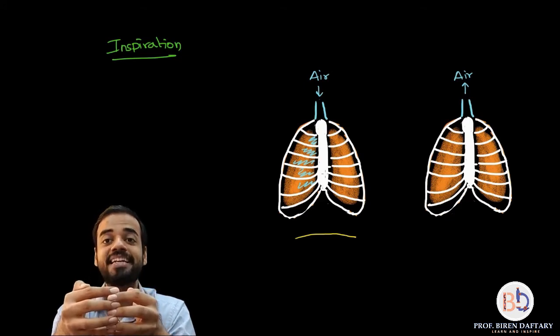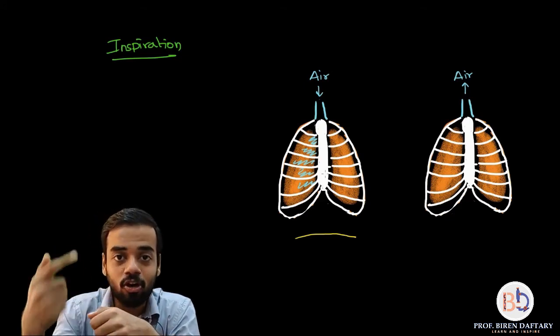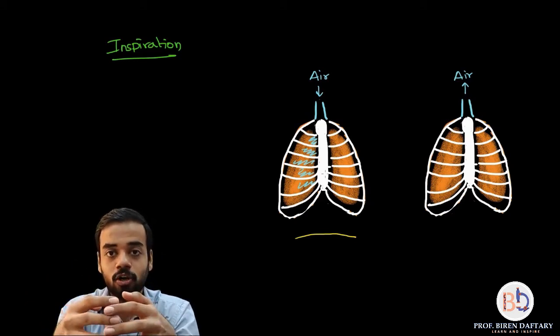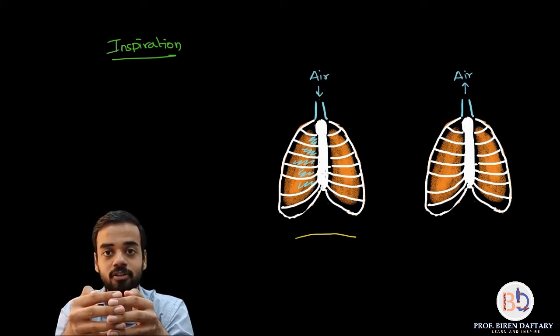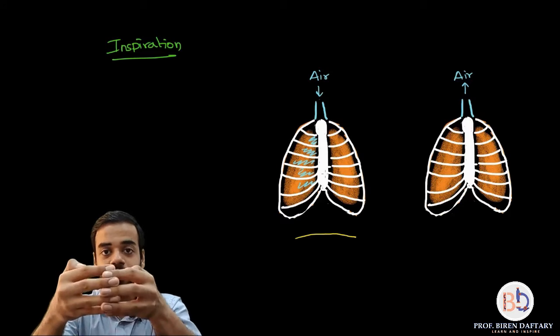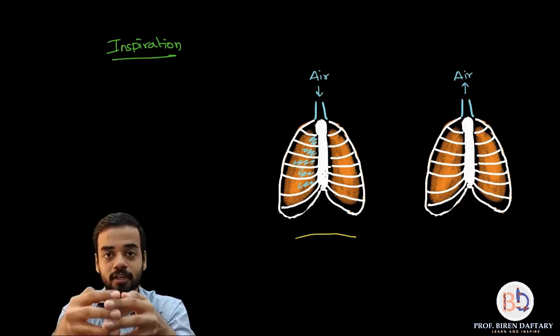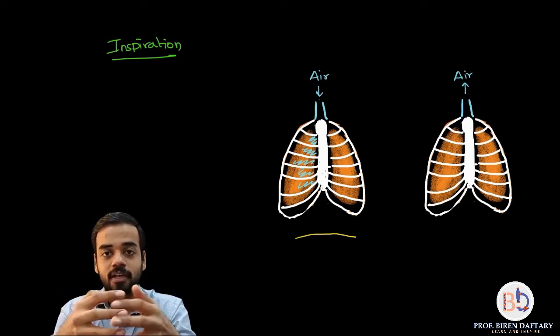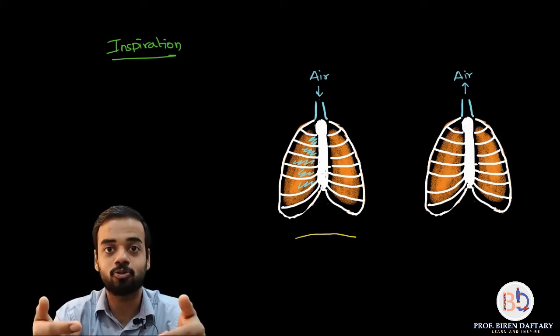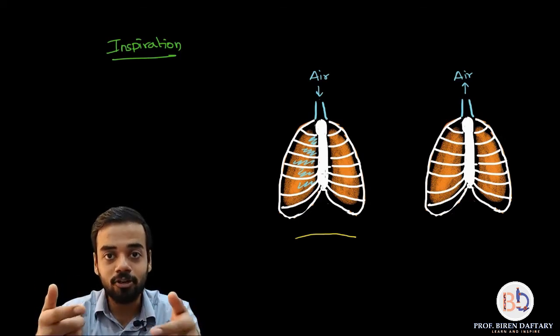So when the intercostal muscles contract, they are reducing in length. What happens is the rib cage is opened up, like this. Just imagine that you are seeing the rib cage from the front. Initially the rib cage was like this, and when the intercostal muscles contracted, they pulled the ribs, and because of that the rib cage opened up. So again there is more space. Are you understanding my point?